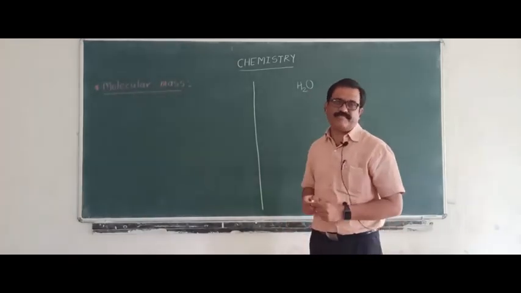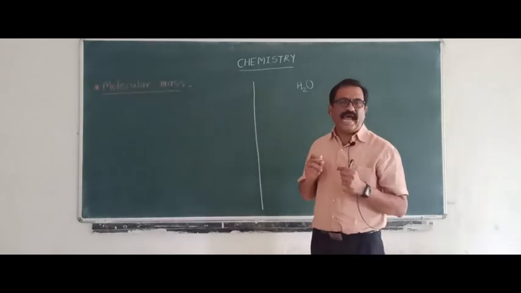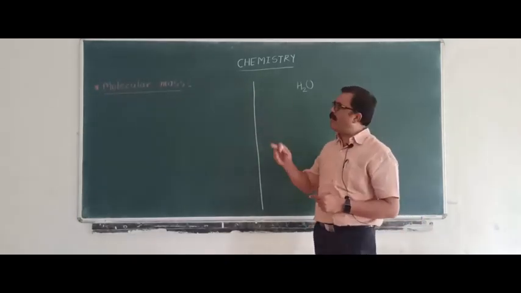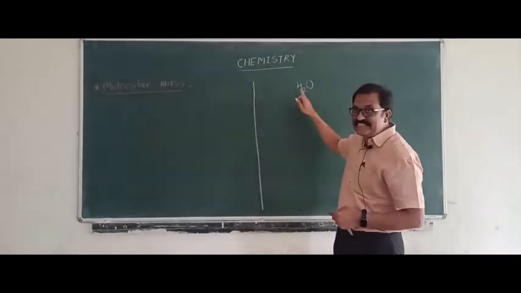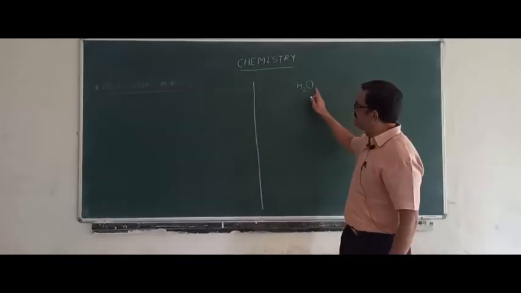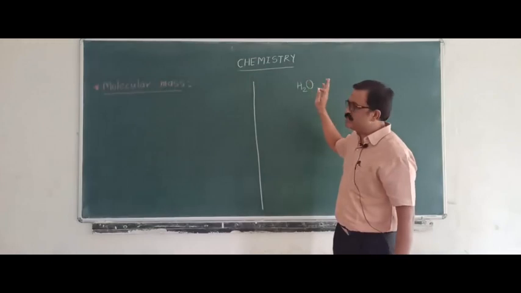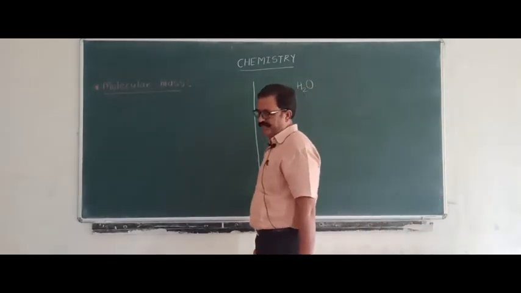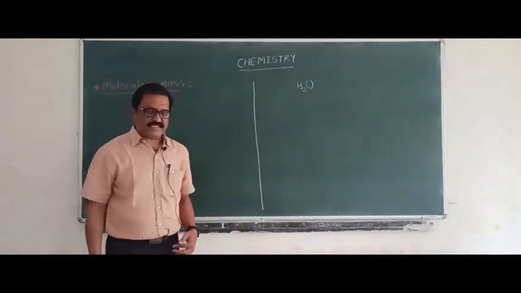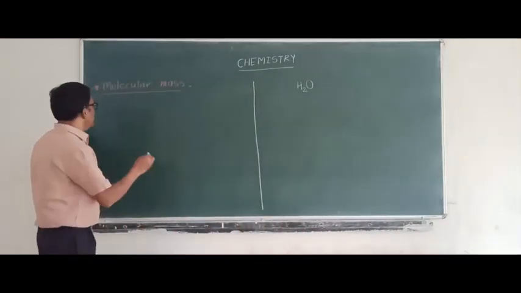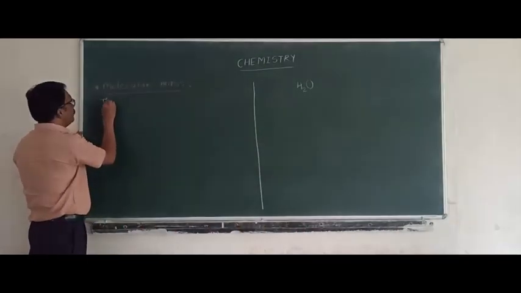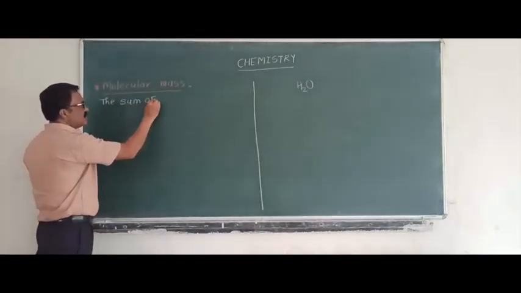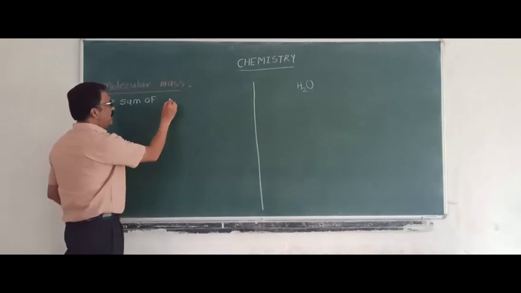The sum of average atomic masses of all these elements present in a molecule is known as the molecular mass. Okay? Hence, a molecular mass can be defined as the sum of the average